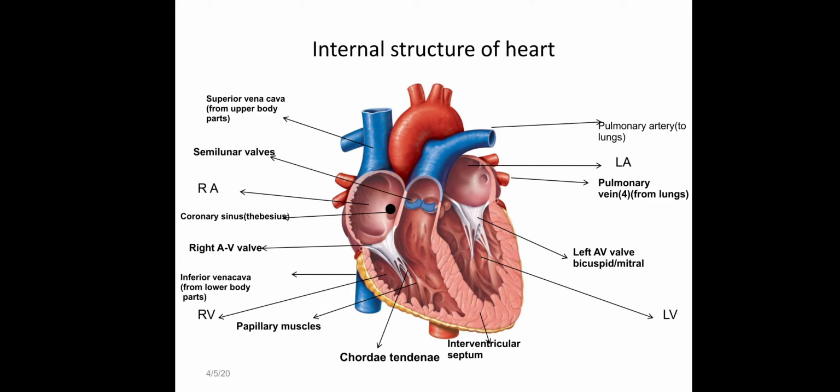There are valves present between the pulmonary artery and the right ventricle. These are the semilunar valves, which prevent the backward movement of the blood. Now the next one is the aorta. The aorta arises from the left ventricle to distribute the blood to all parts of the body. The aorta further branches into many small arteries so that they can deliver the oxygenated blood to the entire body.